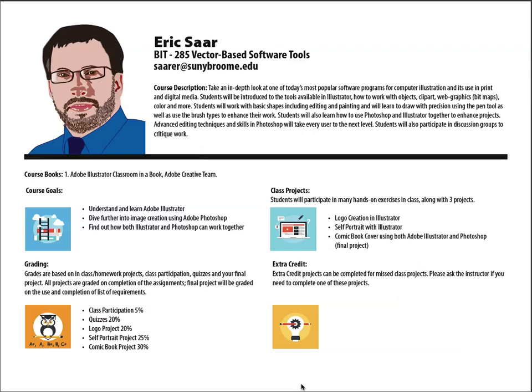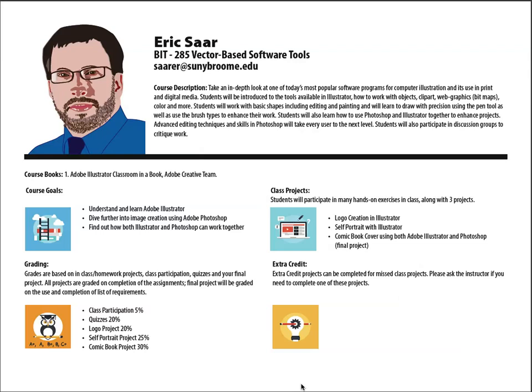Class projects. Students will participate in many hands-on exercises in class along with 3 projects. Number 1 project will be a logo creation in Illustrator. So we're going to create our own logo, whether you have one that you want to create for yourself or a friend, or just come up with something on your own. It doesn't matter. It can be done for whatever you want. I just ask that you don't say, oh, I'm going to take Ford's logo and redo that,